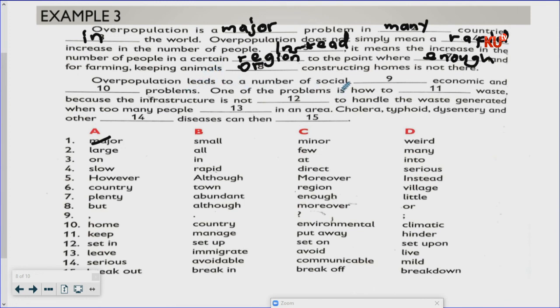Overpopulation leads to a number of social, economic and environmental problems. The answer there is environmental. Environmental problems: one of the problems is how to manage waste. Manage means to keep, put away, hinder. It is how to manage